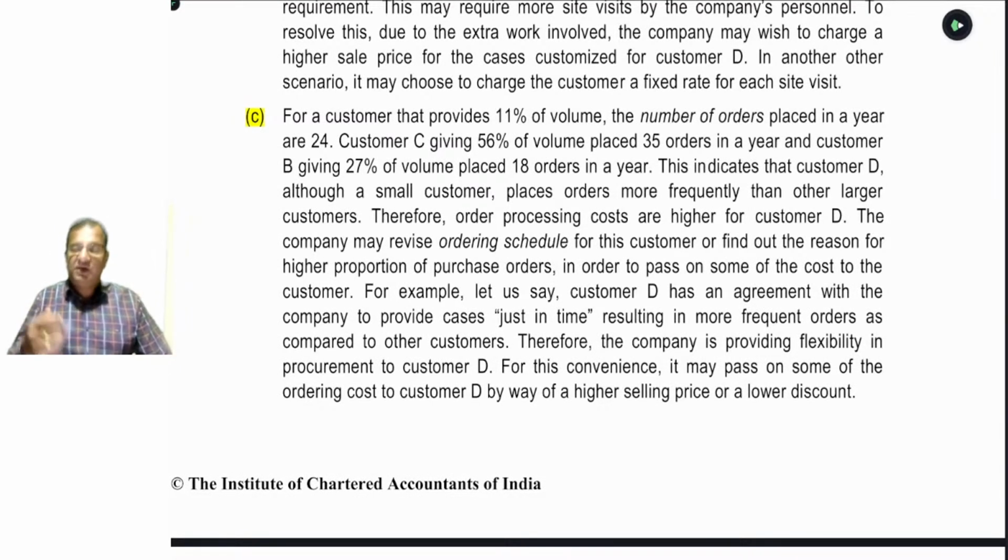So definitely, if our customer has applied the just-in-time system, although the annual volume will be high, but the order size will be small, because JIT demands only those quantities to be ordered which are required at that particular point of time. तो लिखिए बेटा, पॉइंट नंबर सी आपने डाला है नंबर ऑफ ऑर्डर्स का, इसमें लिखिए